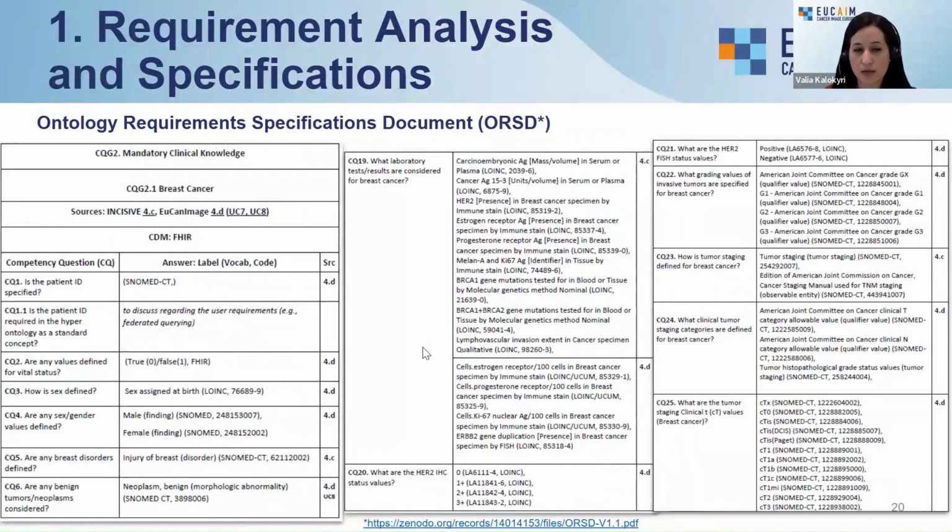This document specifies all the information that we got from the repositories, represented using competency questions, something that we do in ontology development. The purpose of this document was to specify the scope of the ontology, what kind of information the ontology should support, and also the intended uses of the ontology.